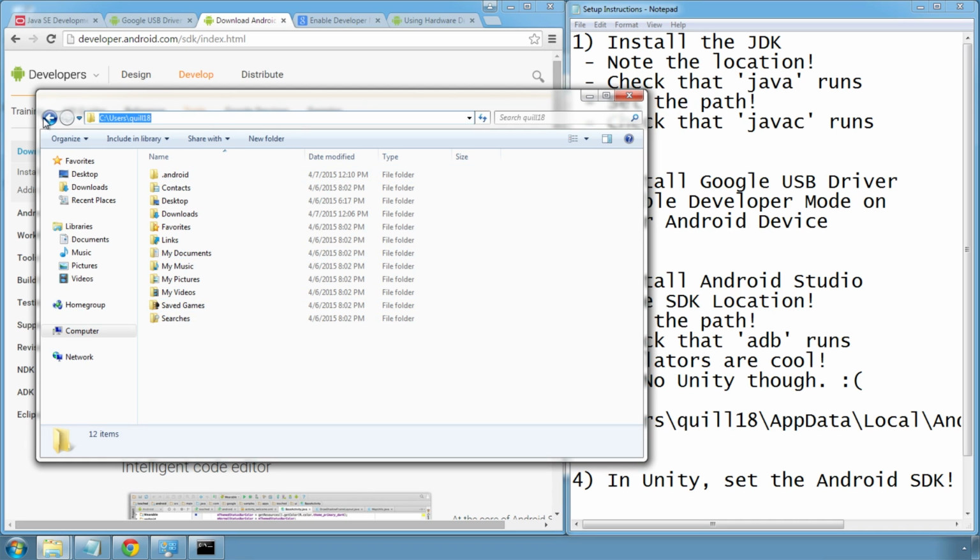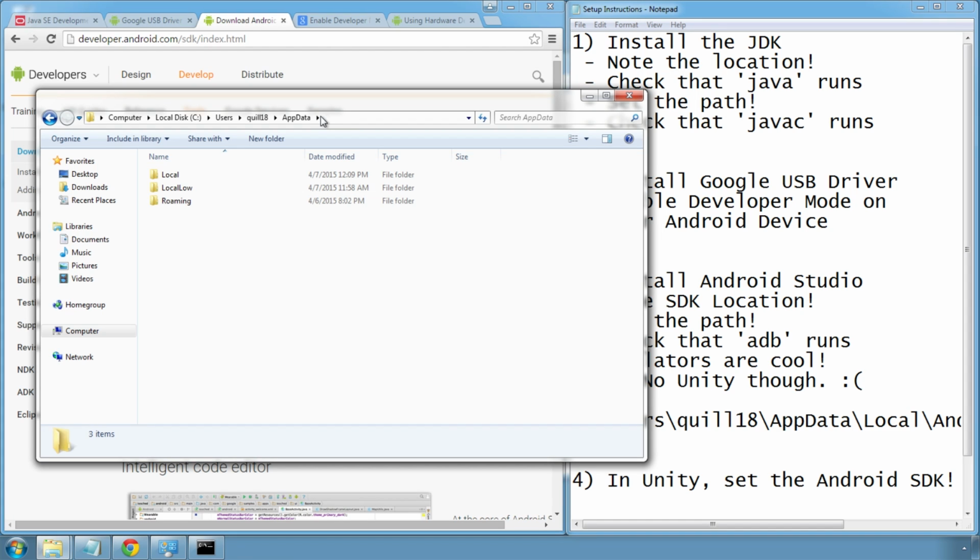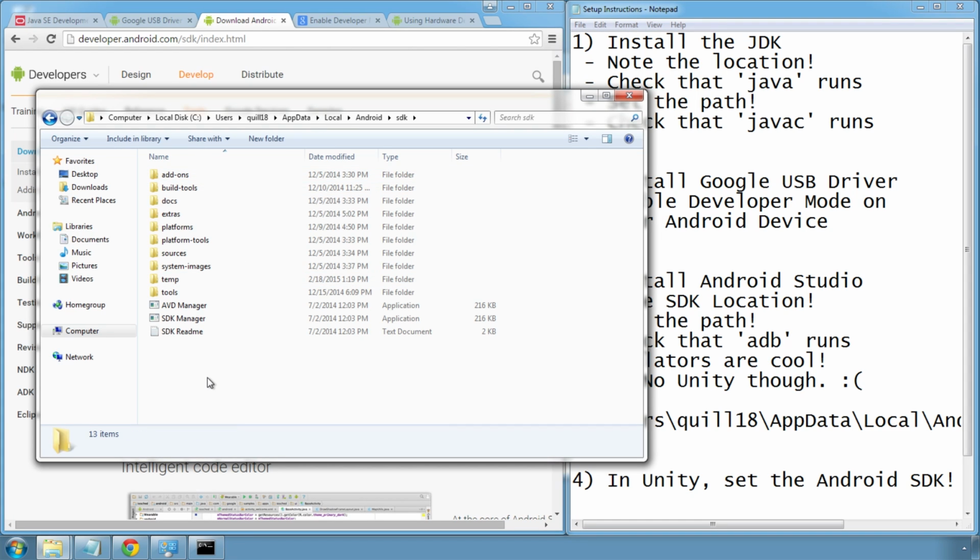First of all, if I wanted to, I can click on the location bar over here and just put in /app data and hit enter, and I will be in that folder, and then I can keep going to local Android SDK. The alternative, if I go back to my profile, is I can, if I just tap Alt